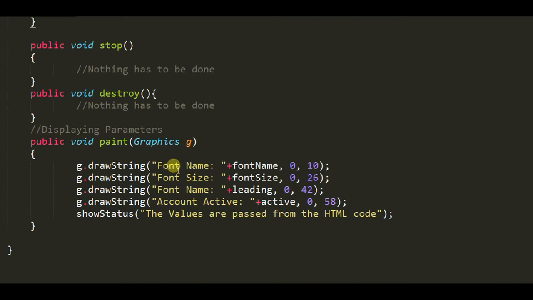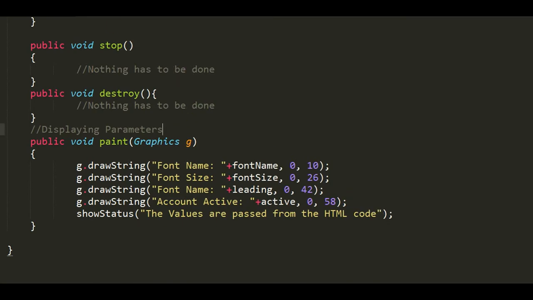So in drawString we have fontName colon fontName. fontName is a variable where we have stored the value of the string which we have passed from our HTML code. Similarly fontSize, leading and active, and this will be displayed at the coordinates x and y. And showStatus, as we discussed in our previous lecture, changes the status of our web browser window. The values are passed from the HTML code.